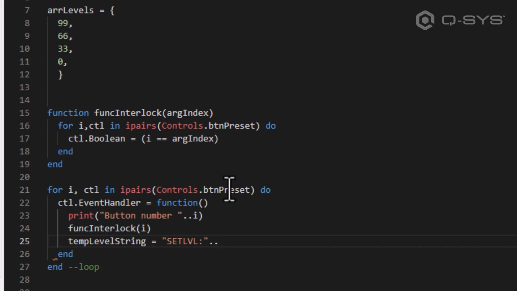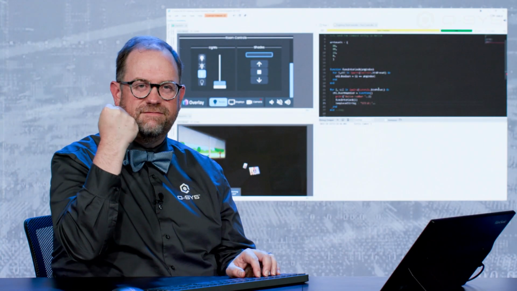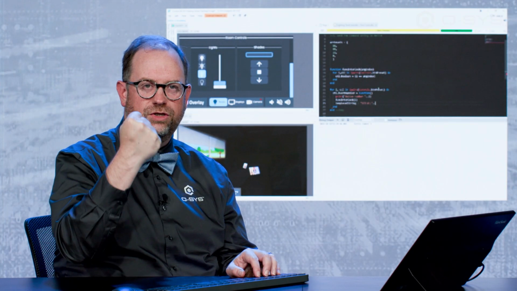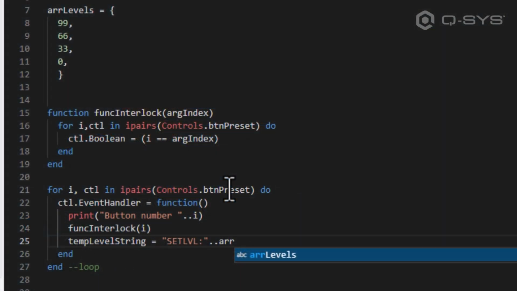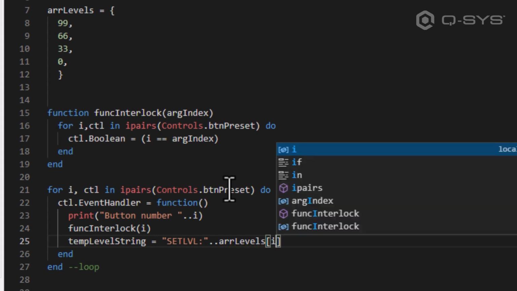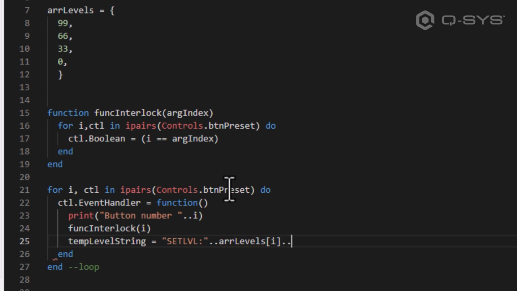This is part of the trick. This is part of the value proposition of using the arrays. Our levels bracket. If I poke button number 1, I want to get the 99. The 99 is at key number 1, and that's going to be symbolized by i. And then I'm going to concatenate in the